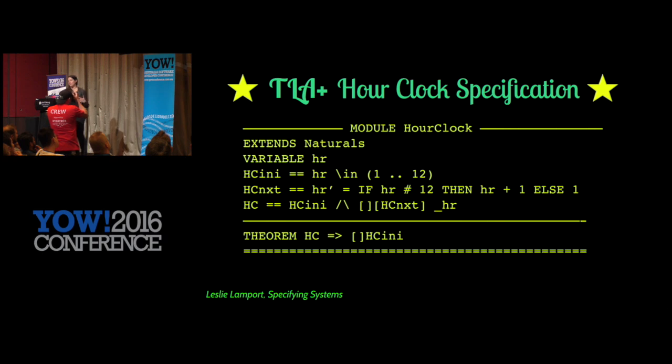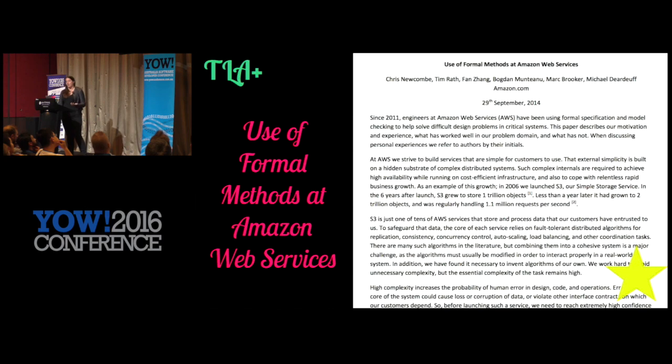And then you go through and you add this time information, and this basically proves that an hour clock written to the specification is correct and will only display the numbers 1 through 12, and then roll back again. So that's cool. It looks kind of like code. It's not that scary. Why I actually mention it in this talk is because Amazon in 2014 released a paper